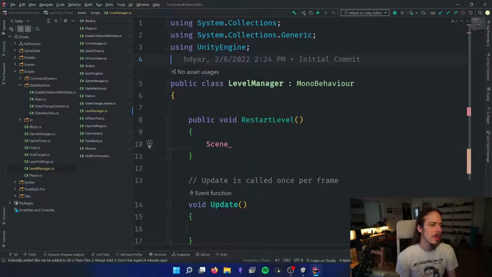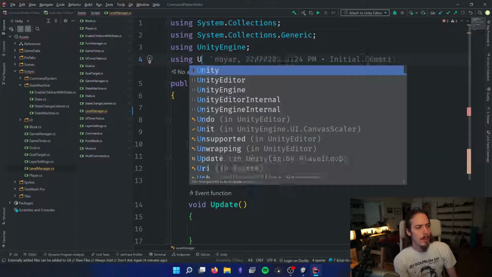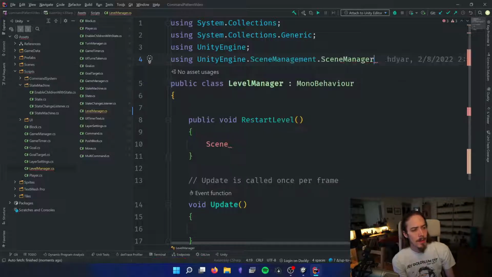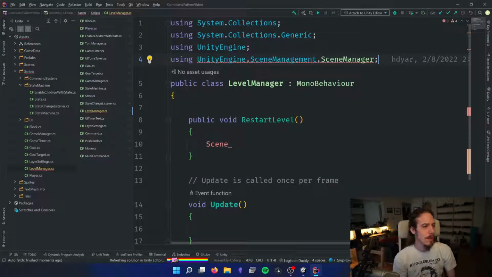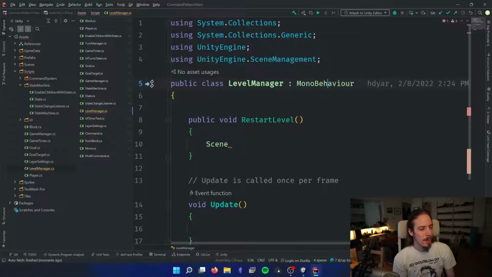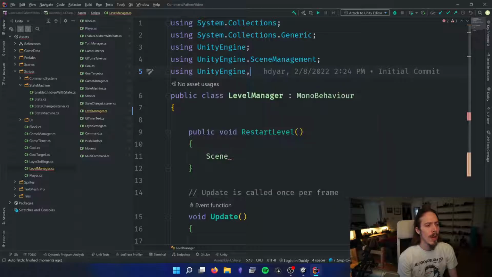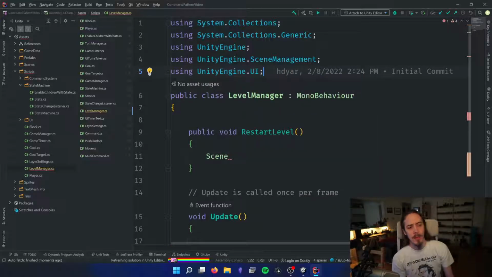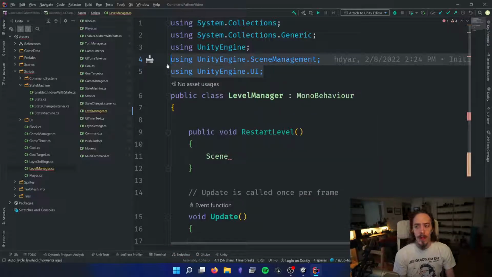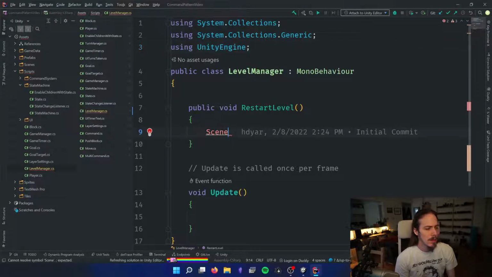So in order to use that, I need to go up here and type using, autocomplete, using UnityEngine.SceneManagement. You may have seen this before if you've messed with UI. You've had to use UI. It's all in that namespace. What's nice about